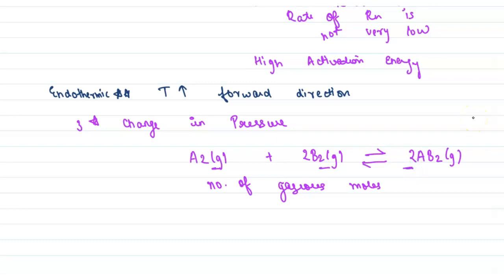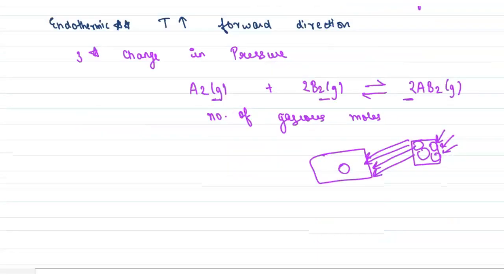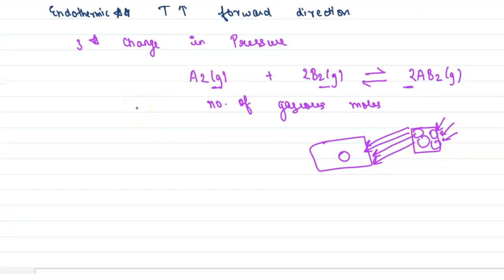You are compressed in a place. Where will you go, where there are less number of people? If there is a room, and there is this big room, and here you are 5, 6, 3, 4, while here there is only one boy. So if I compress this here, if I increase the pressure here, where will these people go? They will go to a place where there are less number of people. And I said that we refer to people as number of gaseous moles. So whenever you increase the pressure of a reaction that is in equilibrium, the equilibrium